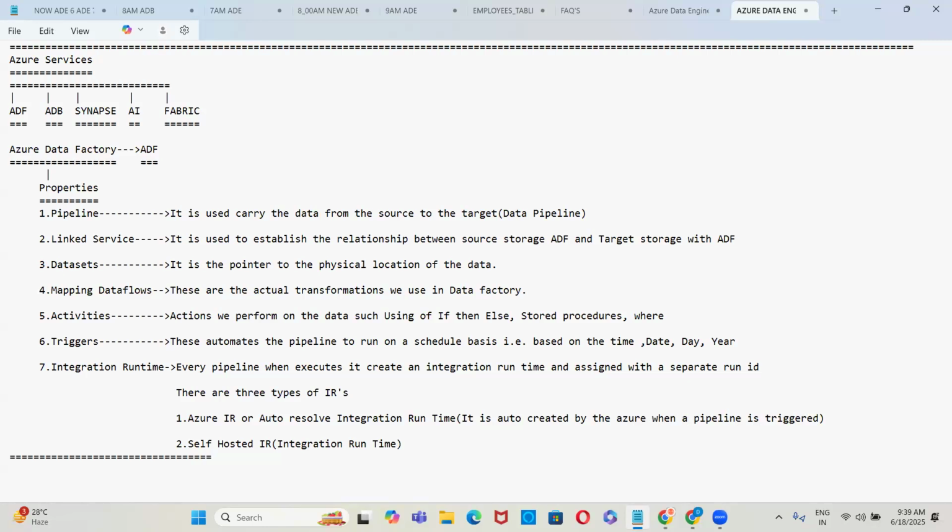Then you have the self-hosted IR, that is nothing but the self-hosted integration runtime.